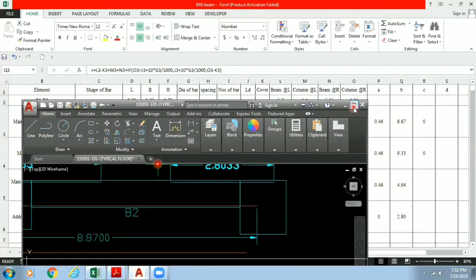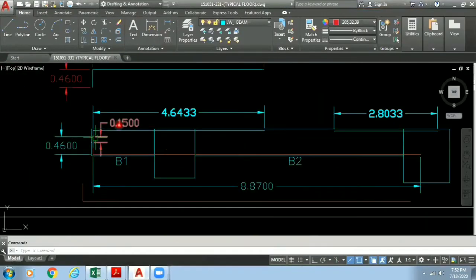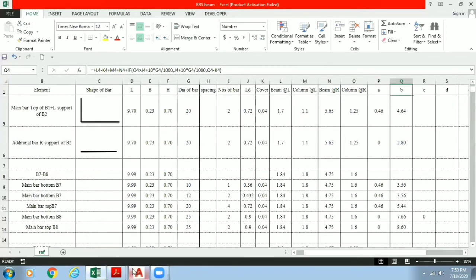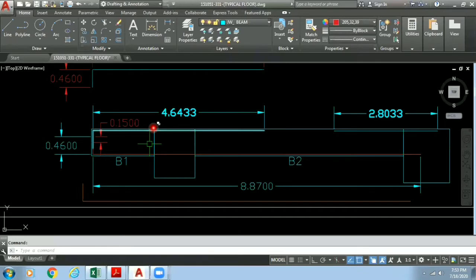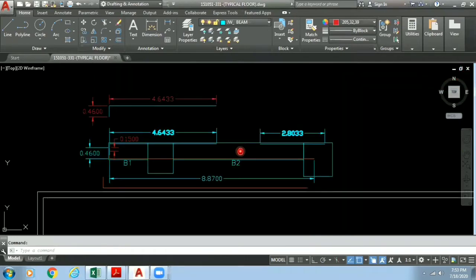In similar manner, we have calculated the length for the remaining bars as well in the beam. You can check this Excel sheet for the logic which I have used over here. I have attached its link in the description given below. You can go and check this Excel sheet. So I will jump on the second beam now. Generally, we have to just feed our logic in Excel sheet to carry out BBS. So my main intention is to show you how the reinforcements are running in the beam.